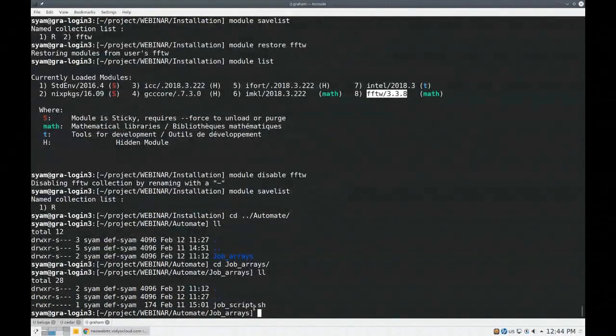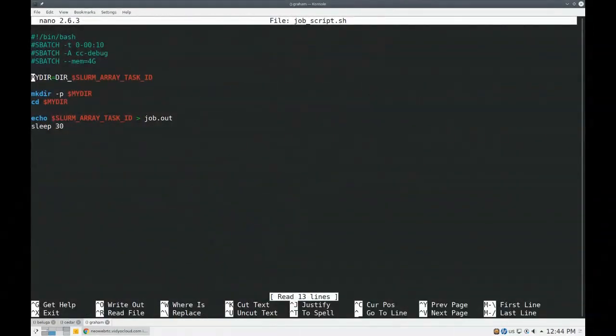I already created a job script. So the only twist or trick you need to learn to run job arrays is to modify a job script in such a way that it makes use of the special variable SLURM_ARRAY_TASK_ID. So just think of this, when you submit this as a job array, and I will show you in a second how to do that with the sbatch command, you will have multiple instances of your job script